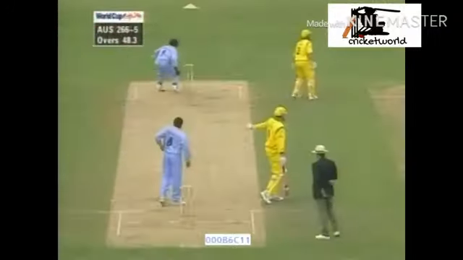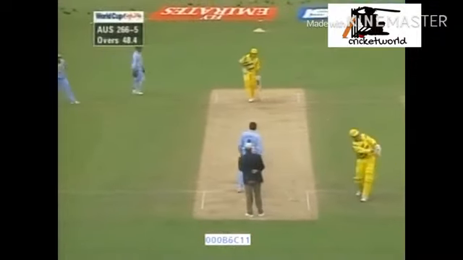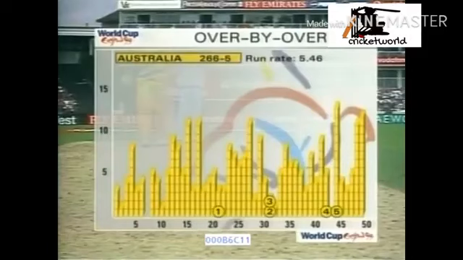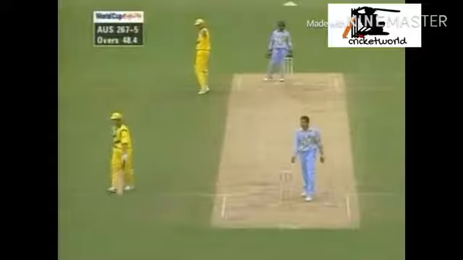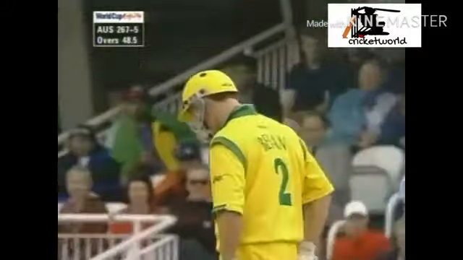35-run partnership. 6 from Bevan has lifted the run rate. All of a sudden it's 266 for 5. There is the advantage of picking a batsman like Tom Moody to come down at number 7. So even in the final overs, if there are a couple of quick wickets, you have somebody who can come in and smash the ball around like Tom Moody is doing.